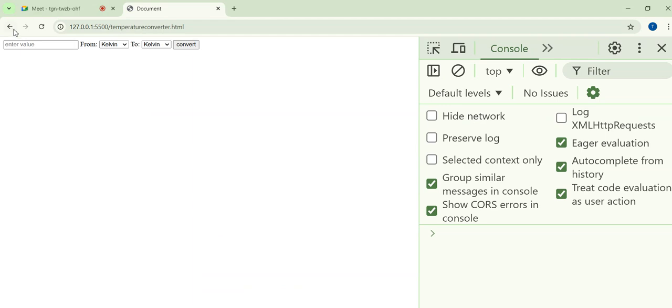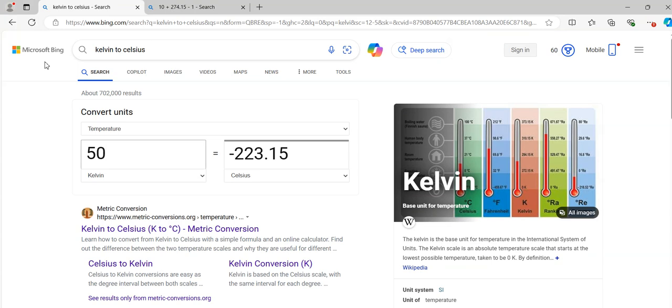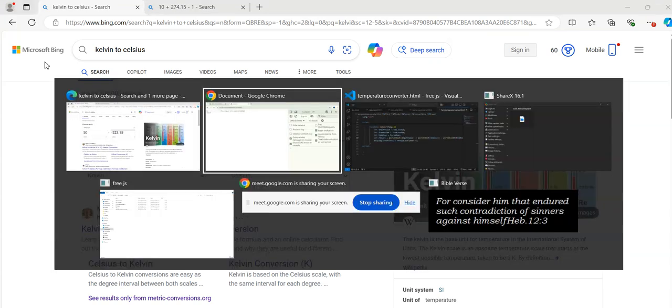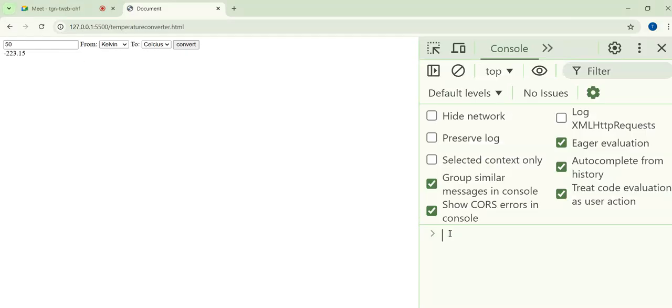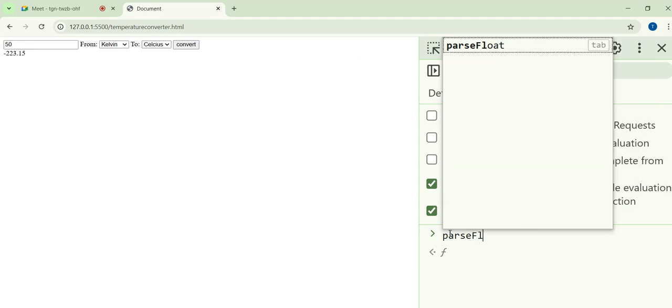Yeah, this is handling the decimal part better than parseInt. The parseInt is not handling the decimal parts the way I would have loved it to. So this parseFloat is doing that for me. The difference is this. Let's go to the terminal. I mean this place. If you say parseFloat